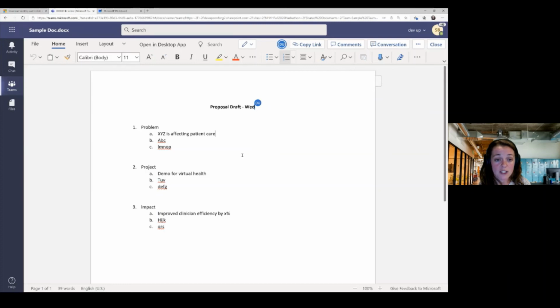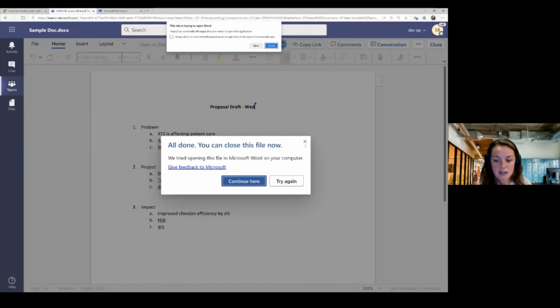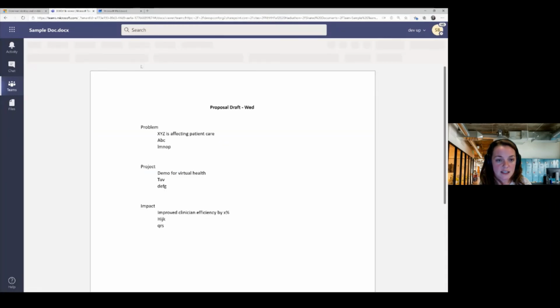We can, if I want to, I can take this out of Teams, say that I want to multitask, and I just want to open this up in my desktop app in Word. I can just click Open in Desktop app. And I won't do that now because I don't want to. Go here, cancel that. But as you can see, lots of different ways.